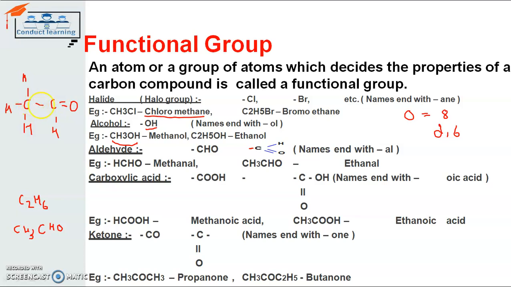That is to say, the first of its electrons will be shared with this carbon atom, the second with the hydrogen atom, the third with this hydrogen atom, and the fourth with this hydrogen atom. And this carbon atom will share one of its electrons with this carbon atom, two of its electrons with the oxygen, and one of its electrons with this hydrogen atom. And the structure diagram will show its complete bonding.